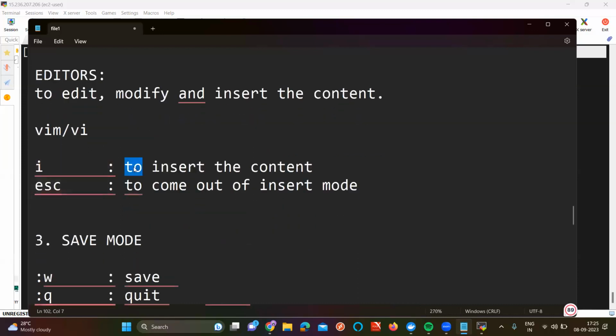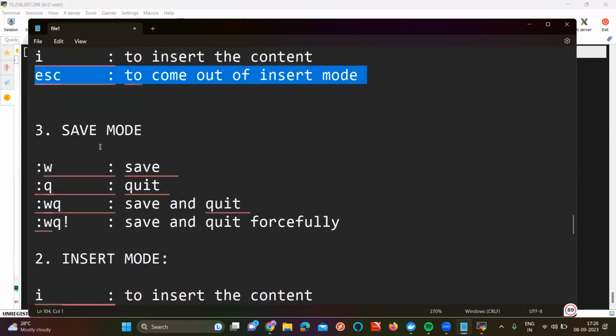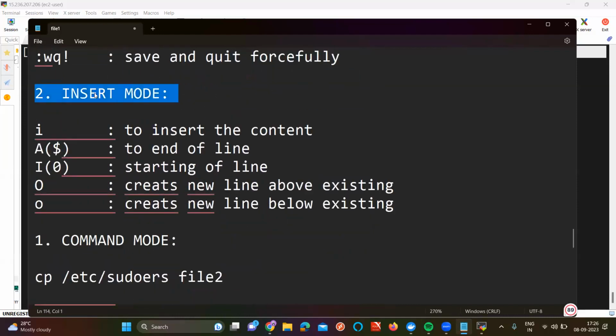Sir, if I want to insert content, which key do I need to give? I. If I want to come out of it, Escape. So there are three modes. The last one is save mode. Colon w, q means quit. wq! if I want to do it forcefully. Now mode number 2: what is the command to insert the content? It is small i. If I want to go to the end of the line, capital A or dollar. To go to the start of the line, capital I or 0. If I want to go to the top of the file,